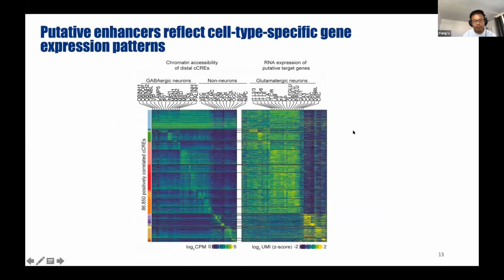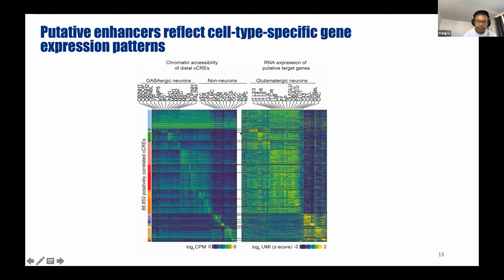So here is the heat map I want to show. From the left is the chromatin accessibility values for each candidate cis-regulatory element. And you can see they are grouped into several clusters, which are specific to major cell types. And from the right side is the expression level of its potential target gene.